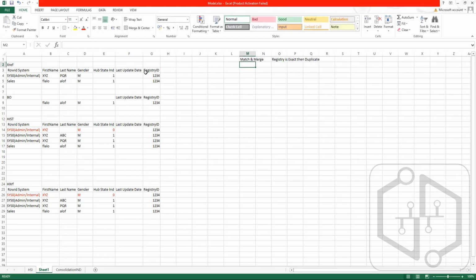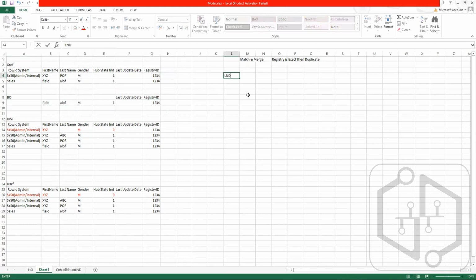So these two registry IDs were same, hence it got merged. And we have two records in cross-reference and one record in base object. But if I showcase to you how this particular thing happened in a detailed way, then what will happen is